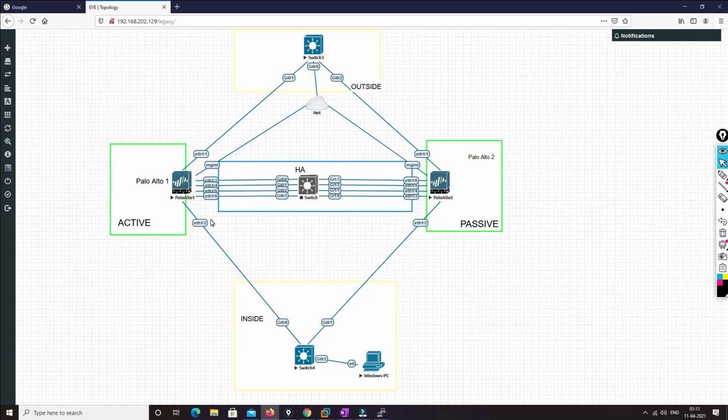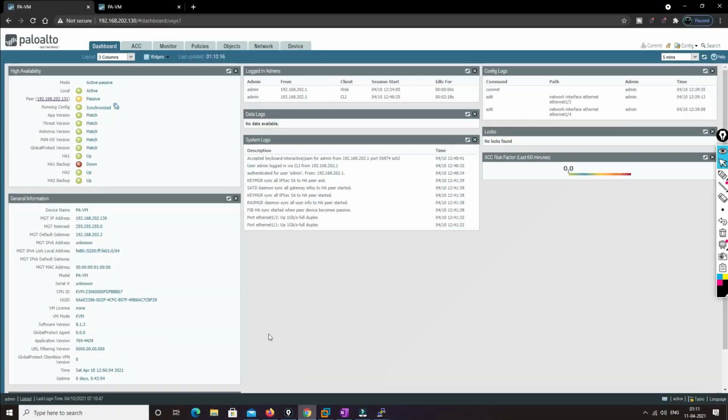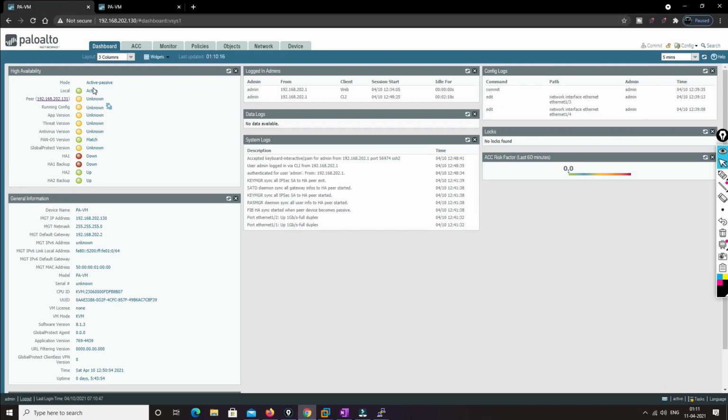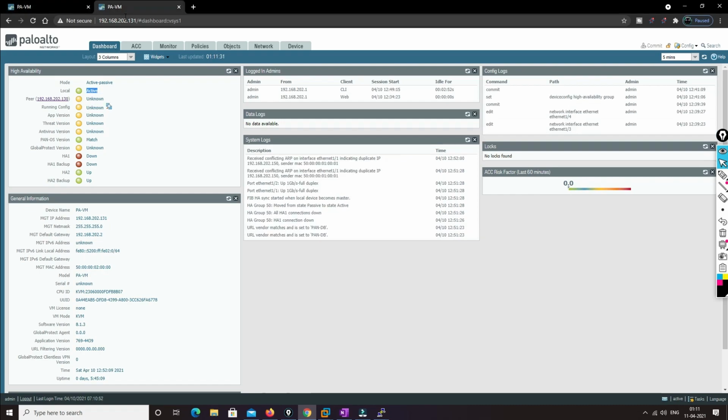Now if I see the status in both the firewalls, this is firewall 1, and it is active right now, and this is firewall 2. If I check, this is also active. Both the firewalls have become active and the peer is unknown because they are unable to communicate with each other, right?